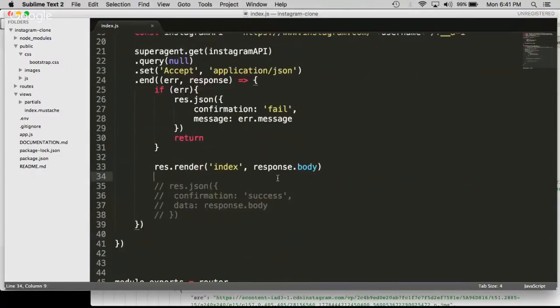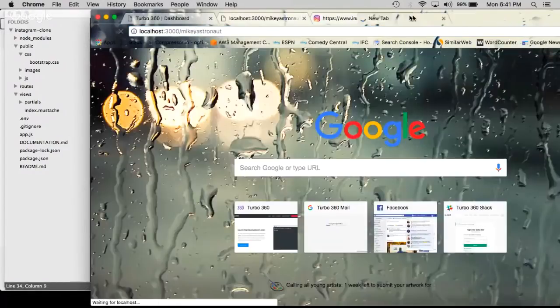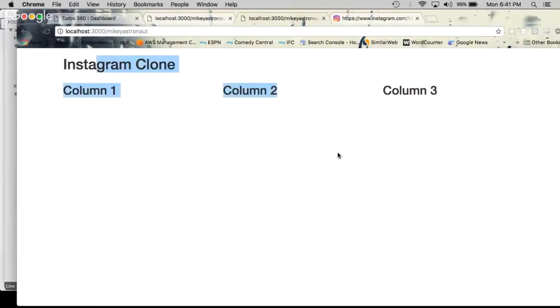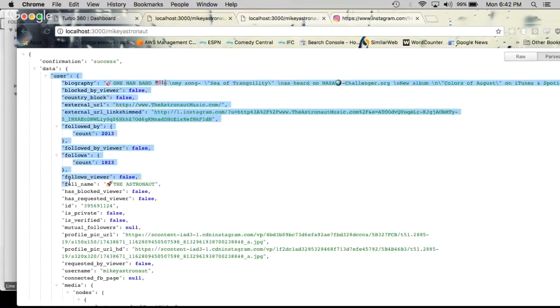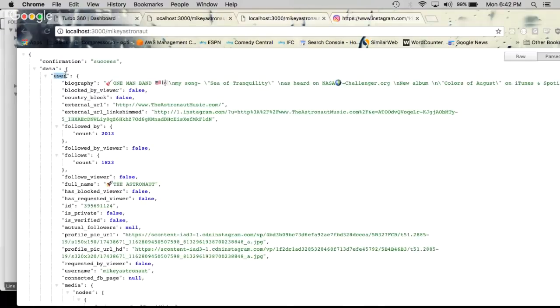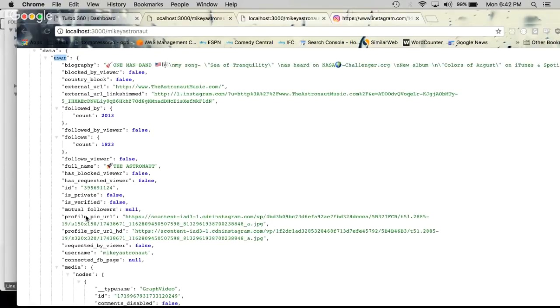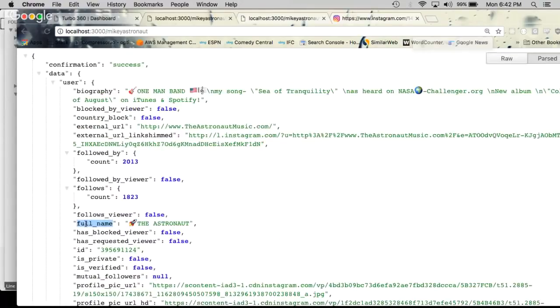So if we make this request again, we now see what we saw earlier. But this time, the template has access to all of this data right here, right? So we can now use that to populate the template any which way we want to. So if we take a look at the user object, the user has a full name key. So we have user dot full name, which we can render